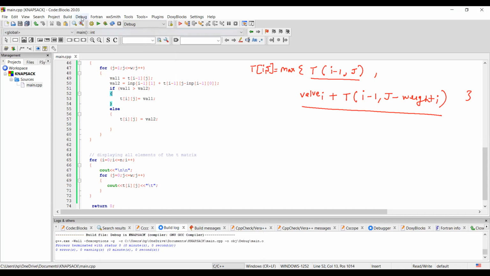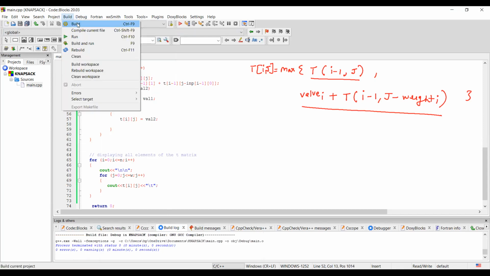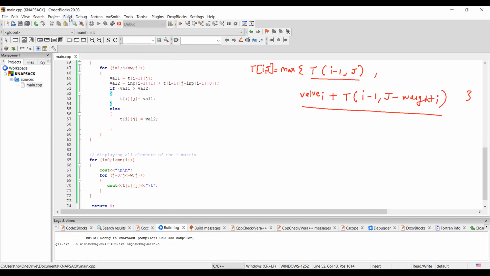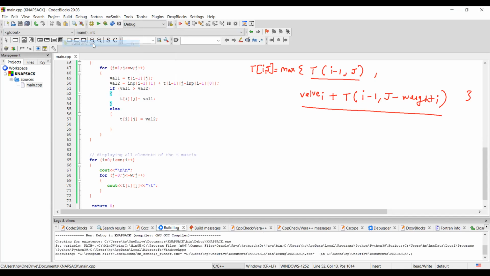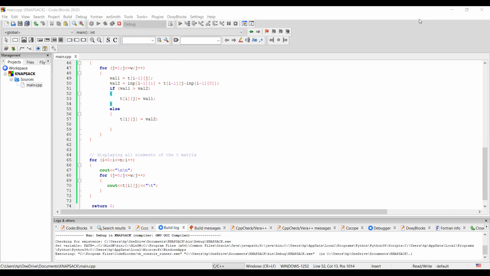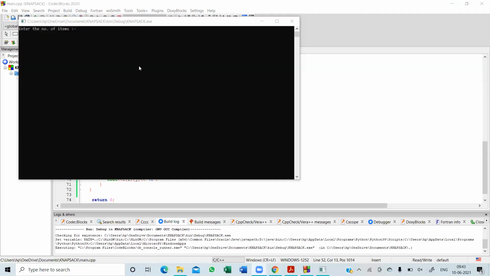There are no further errors in this program, so that is a good thing. Now what we are going to check is we are going to build and run. So once we build and run this one, what we are going to make sure is that the screen is visible to you. So let us see if the screen is visible to you or not. For that, I'm going to share the new screen. I hope that the new screen is visible to all of you.